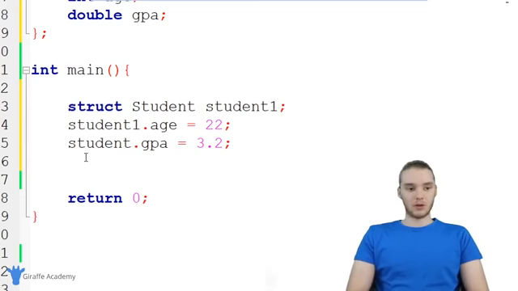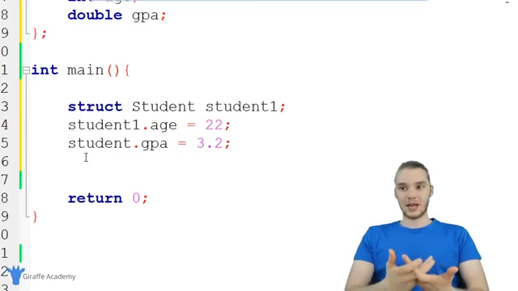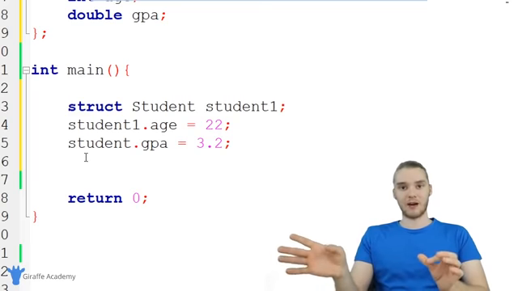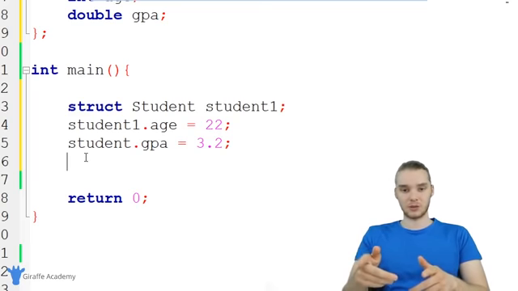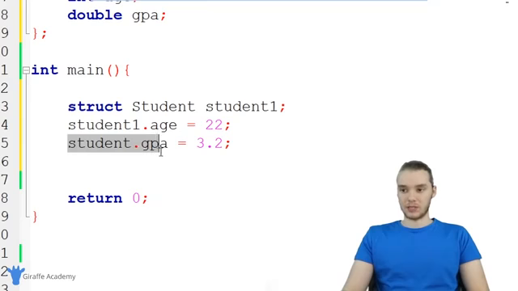I can use something called the string copy function. This is a function that will take a string and give it a value that we specify. So it'll basically do what we did over here with the age and the GPA, but with the name. So I could say,